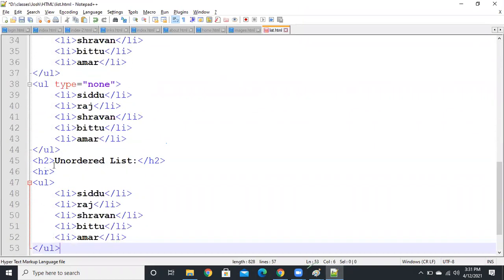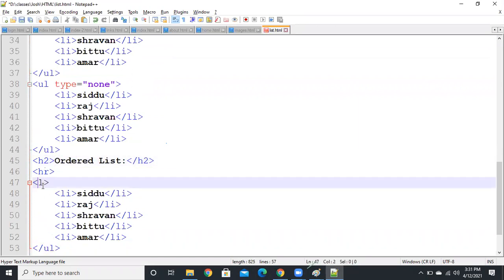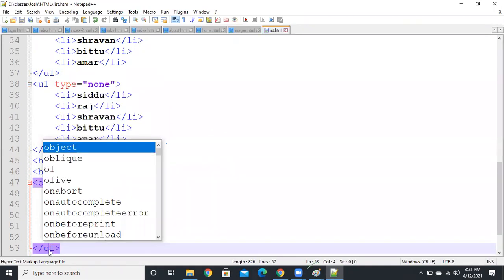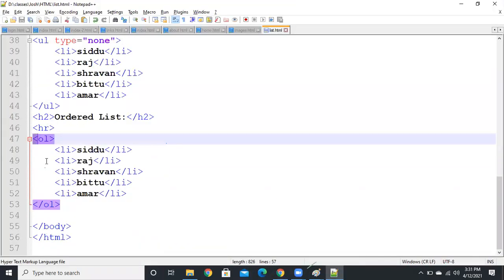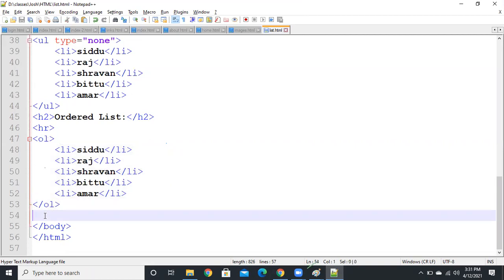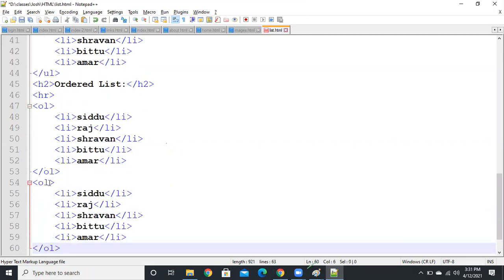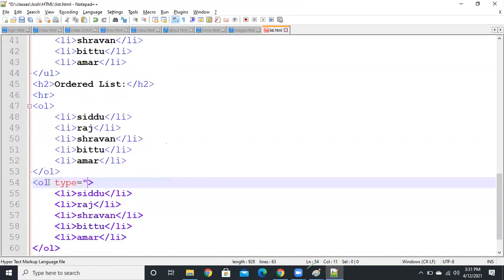So here you have an order list. You just use OL, ordered list. Then you will get numbers by default. Okay. Type attribute.